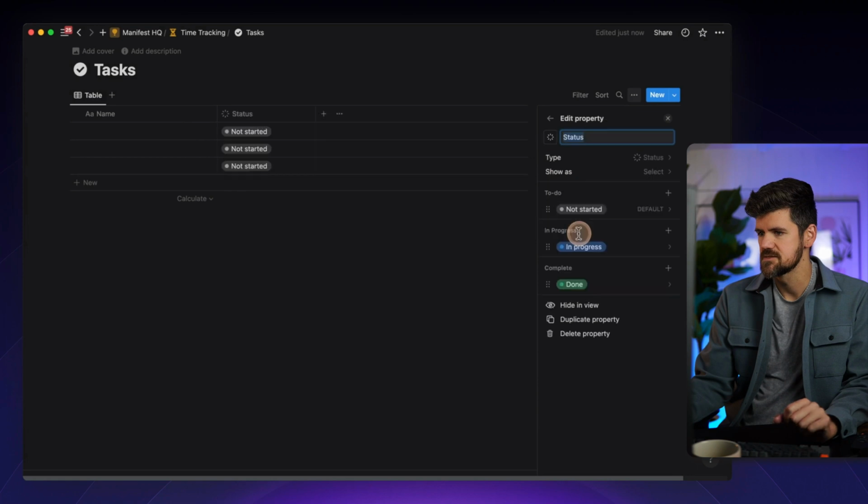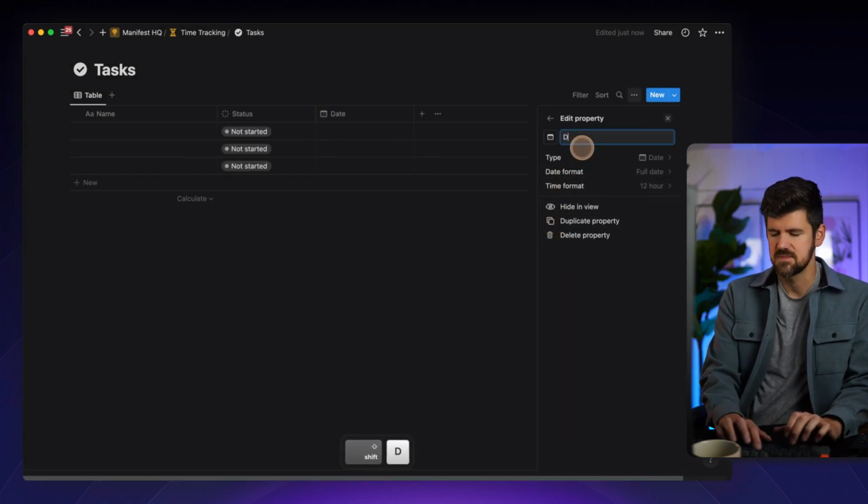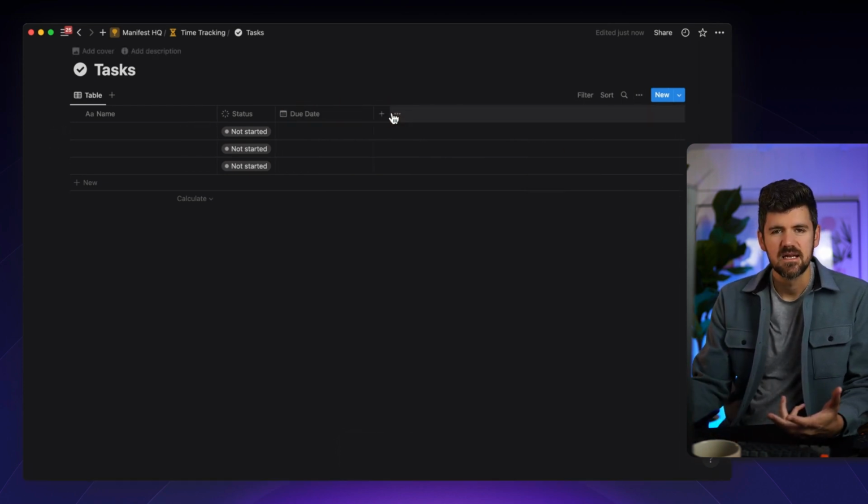So let's get rid of this tags property. We'll add status, and we'll add due date. We'll change this from date to due date. Now that we have both databases set up, we're going to relate these two databases together, meaning you could now